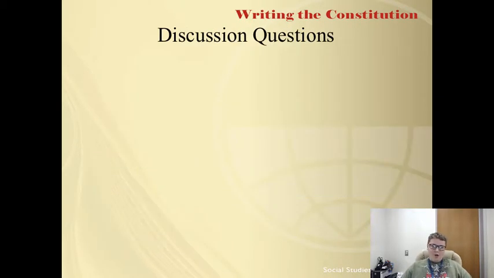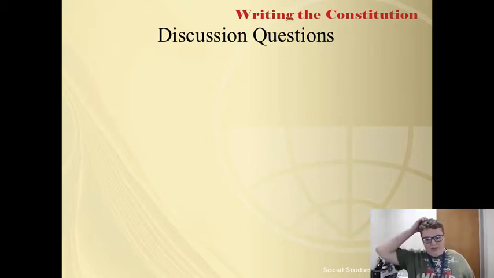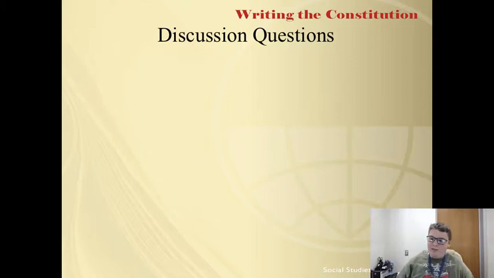Discussion questions. 1. Why did the government under the Articles first seem effective in the years immediately following the Revolution? The leaders of the Revolution felt that the British government had acted oppressively in dealing with the colonies and did not want to replace it with a similar government of their own creation. Therefore, they wanted a central government with less power and control, and sought to keep the sovereignty of the individual states safe. Less power.